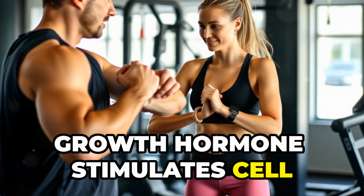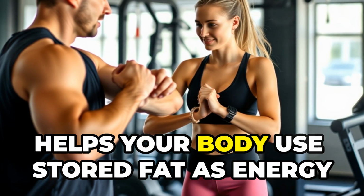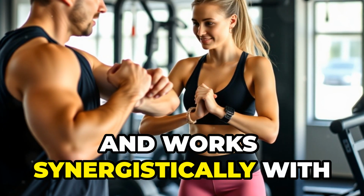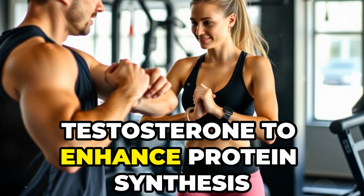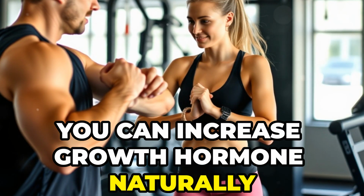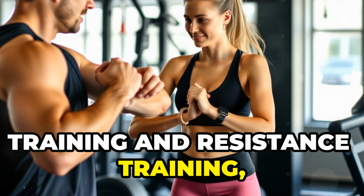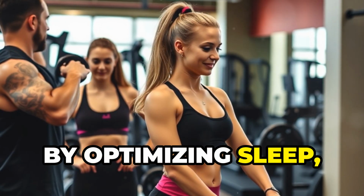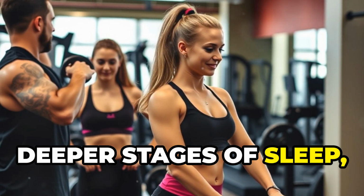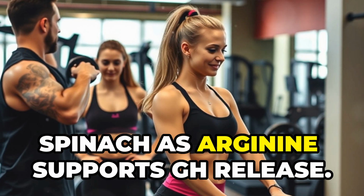Growth hormone stimulates cell proliferation and tissue repair, promotes fat metabolism, helps your body use stored fat as energy during exercise and recovery, and works synergistically with testosterone to enhance protein synthesis and muscle repair. You can increase growth hormone naturally by incorporating high-intensity interval training and resistance training, by optimizing sleep, as GH secretion is highest during the deeper stages of sleep, and by eating arginine-rich foods such as turkey and spinach, as arginine supports